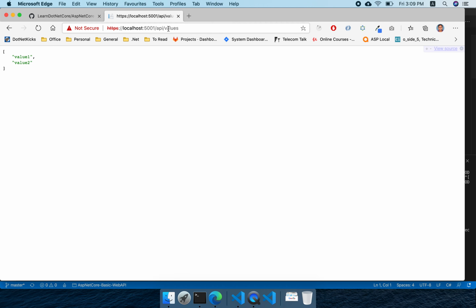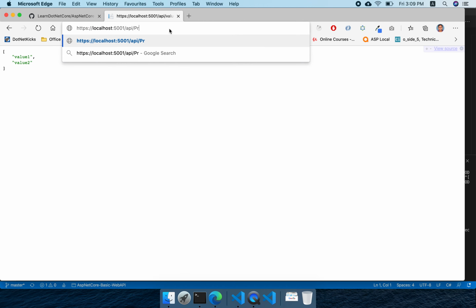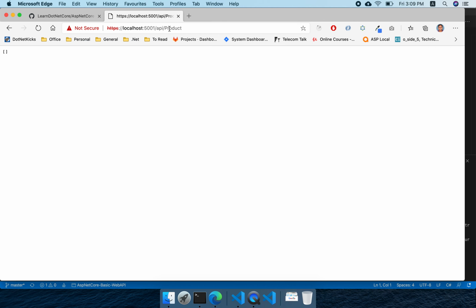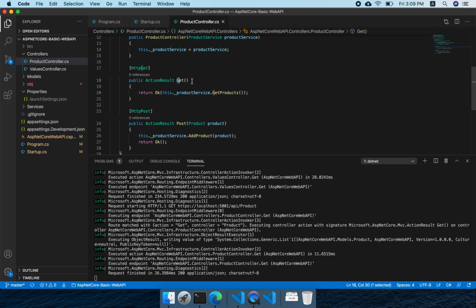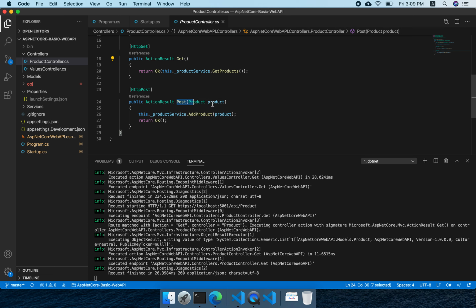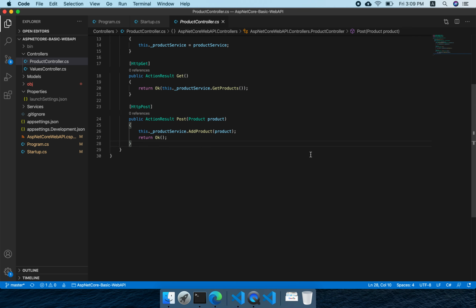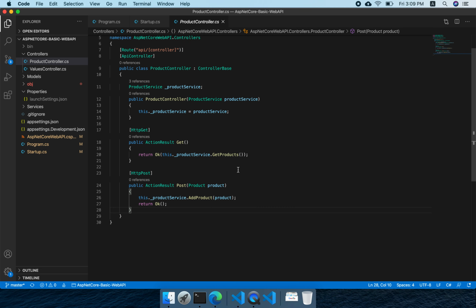I can get the products, but I don't have anything, so it will show us an empty result. Just for information, I'm calling this. Yes, we got the empty array, since we don't have anything, but if we add anything, we'll get it. Using Postman, we can do the post and get similar things. I think this is a basic video. If you want to see how to create a web API with the basics, please refer to my video. The link will be added in the description as well.